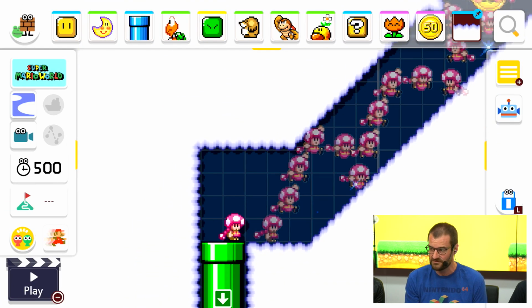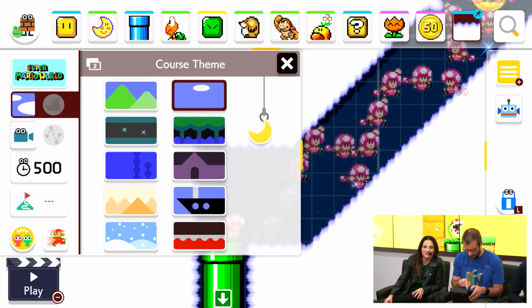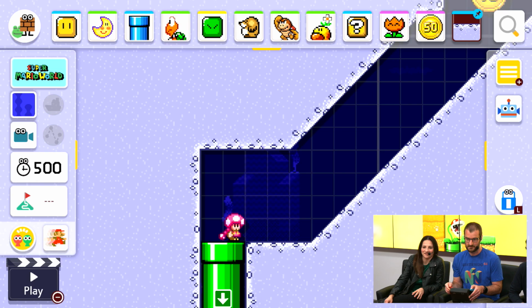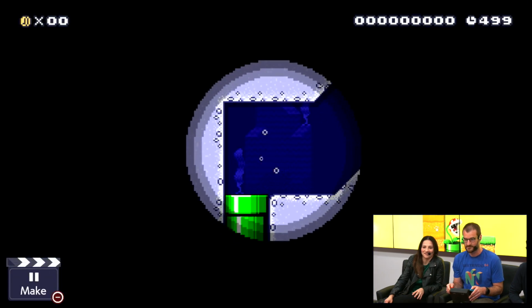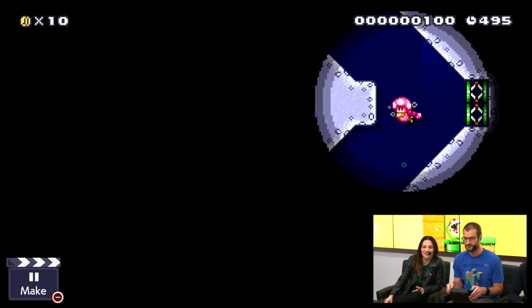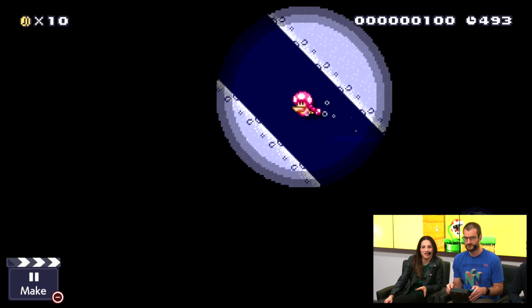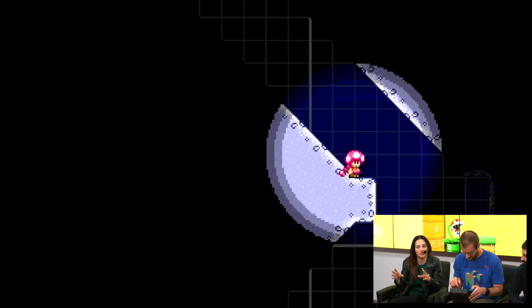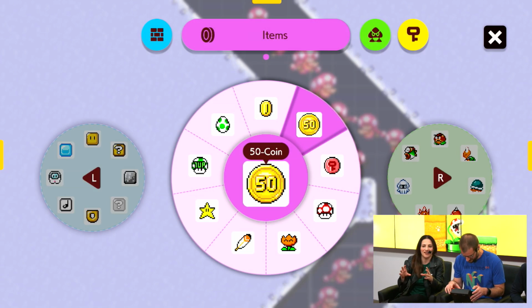We could do underwater. And remember, night is turned on each time I switch it. So this is water plus night equals... Ooh, now we're getting somewhere. And this is kind of spooky. It's a setting I love because certain enemies and course parts actually serve as light sources. Right. So you can do some really interesting things if you go underwater at night and then place things that